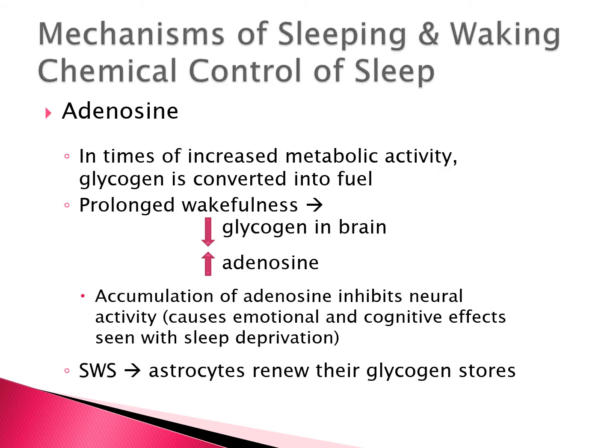Adenosine is another really fascinating neurochemical. Ever since I've learned about adenosine, I have been so interested in it. I keep meaning to look up more about it. I had never heard of it until I taught this class the first time. But if you know your stimulants, you know that caffeine is actually an adenosine blocker. So it is a direct antagonist for adenosine.